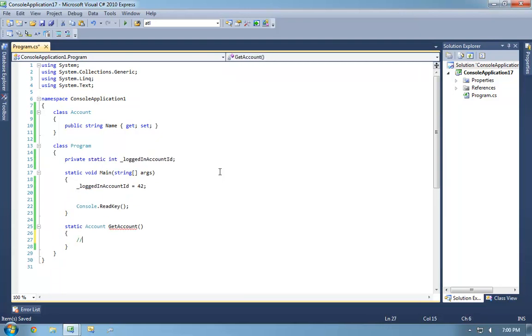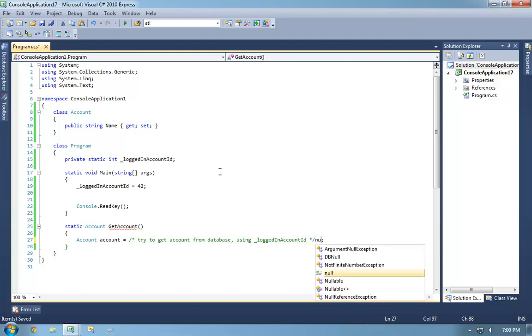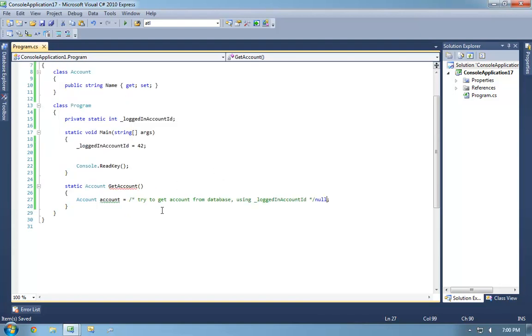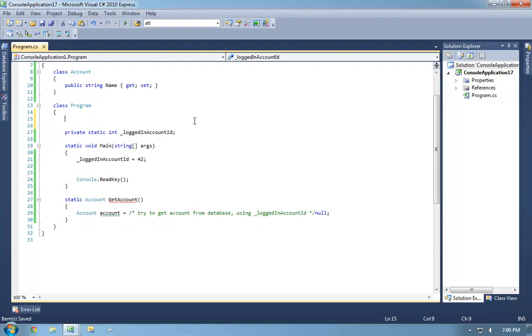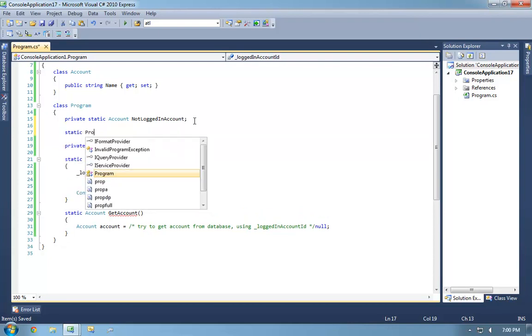And then we might say, let's say account equals try to get account from database using logged in account ID. And I'm going to set it to null for now. And maybe we have a private static account, not logged in account, that we initialize to